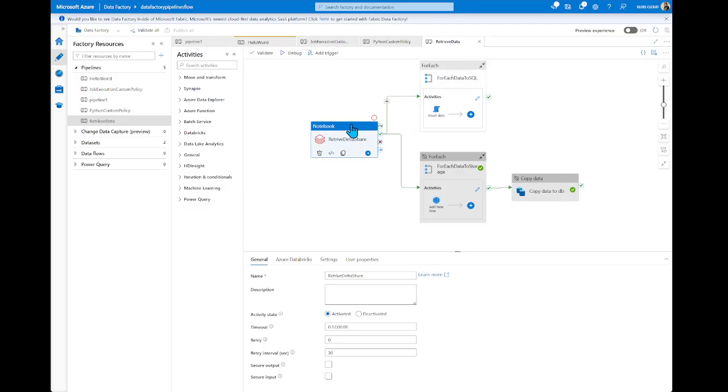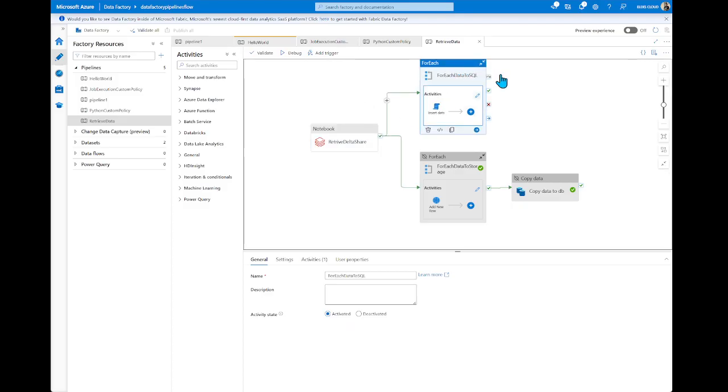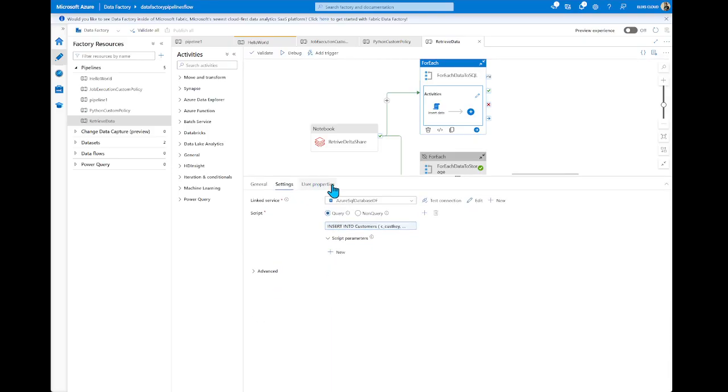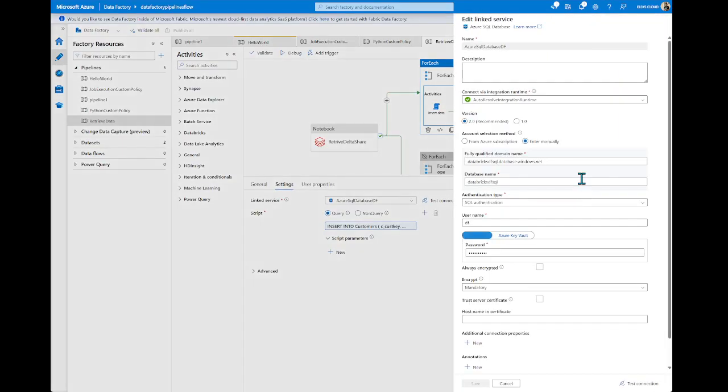Once we have this data in JSON, we use a for each activity, and inside the for each we have a custom script activity. In the custom activity, we can see a linked service. First of all, this is the linked service to our SQL database.